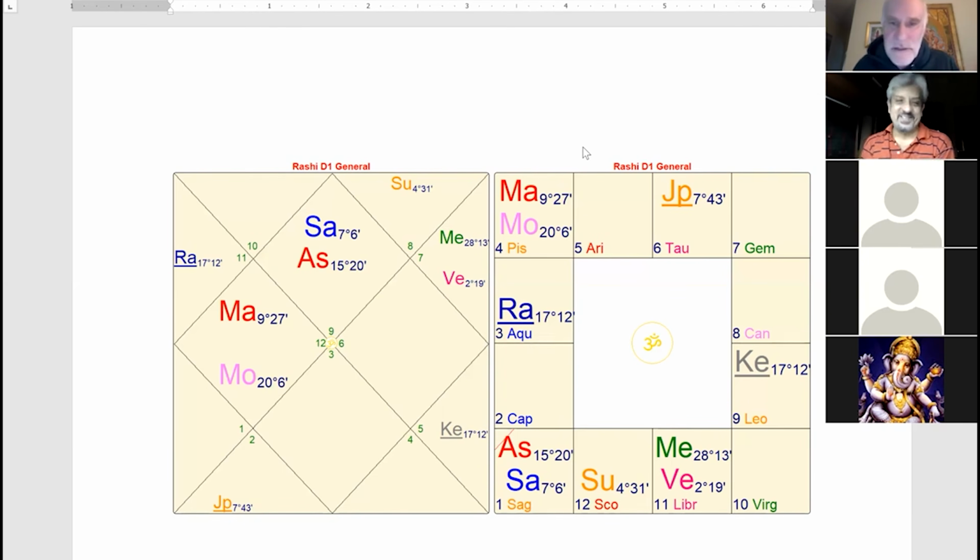You notice a saving grace here: anything that the ninth Lord touches, even if the ninth Lord itself is not particularly well placed, helps to modify any negativity that might come from that planet. And you can see here that this Sun is also aspecting this Jupiter. And it is forming what is called a Raja Lakshana Yoga, and it has these qualities. And what makes this ninth Lord Sun strong? Anybody see?